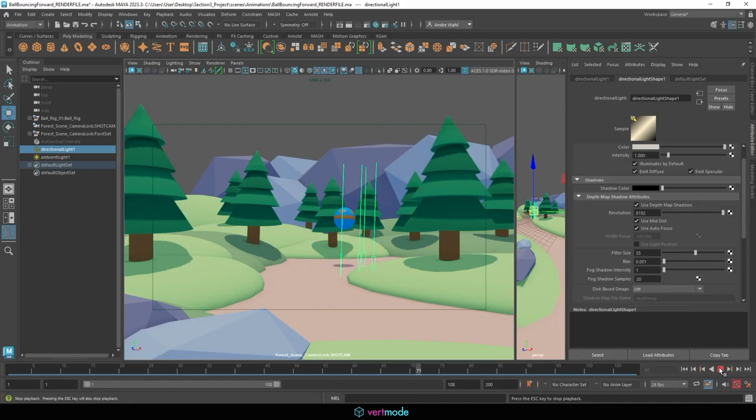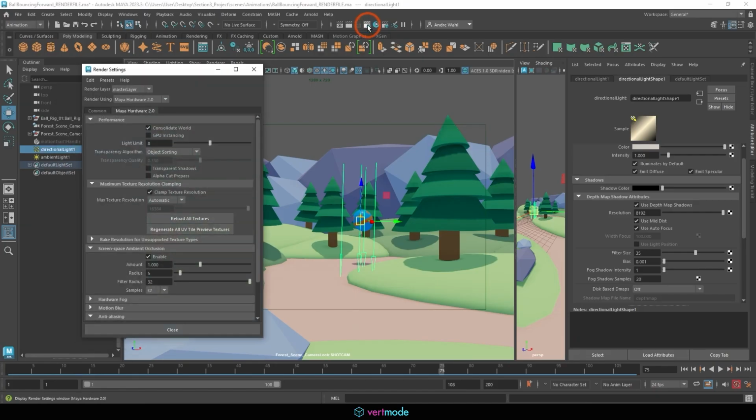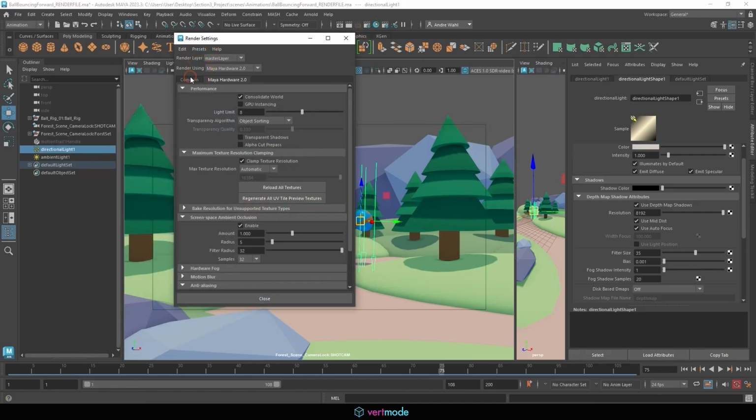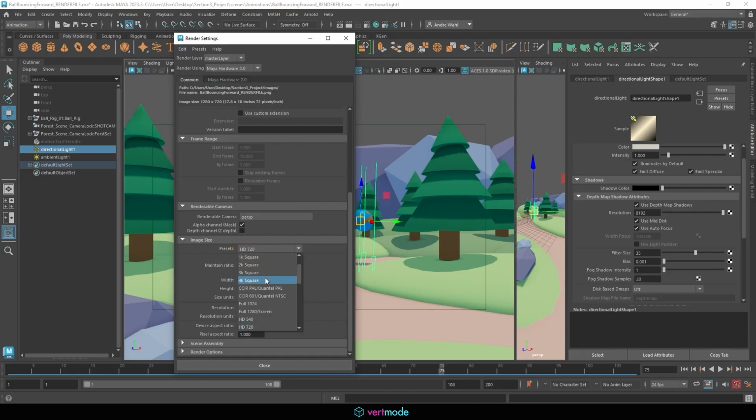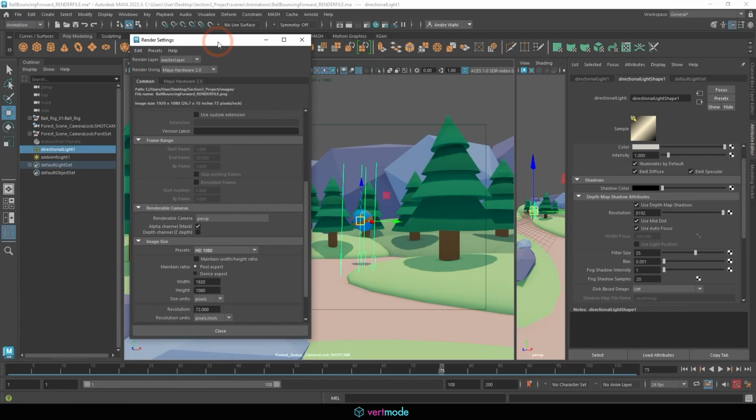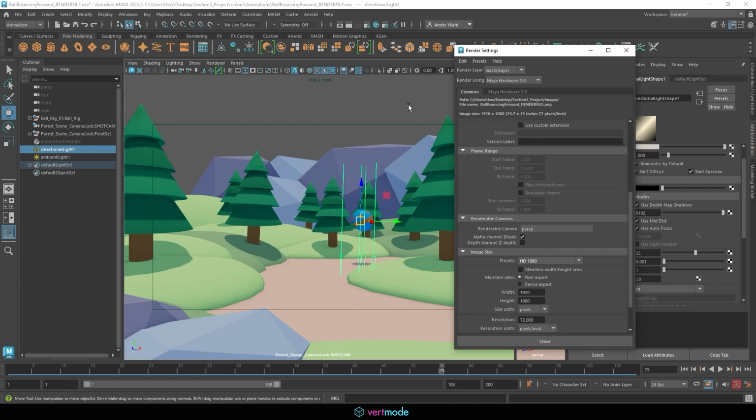All right, so the settings are set. In the common attributes, we can change these up. One of the things we've already looked at is going to be the HD section. And since this is hardware 2.0, let's do an HD 1080, since that's going to render out nice and quick for us. Now we need to start exploring some of the uncharted territory, but let's check our render first